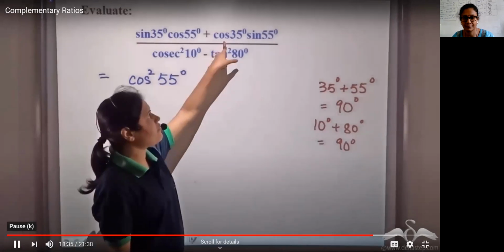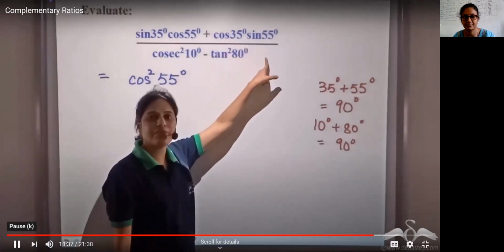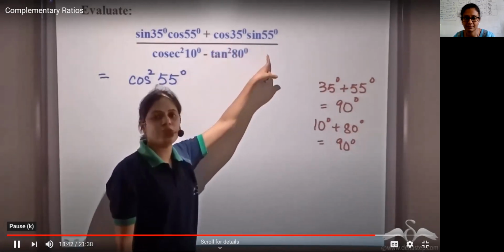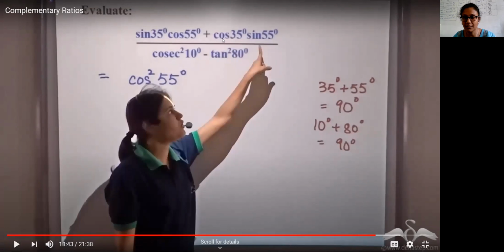In this case, we have cos 35 and sine 55. So let us convert cos into sine. She is going to convert the cos to sine. How do I write cos theta? I write cos theta as sine of 90 minus theta. My theta here is 35, so I'll write it as sine of 90 minus 35, which becomes sine 55. So this cos 35 has taken the form of sine 55.